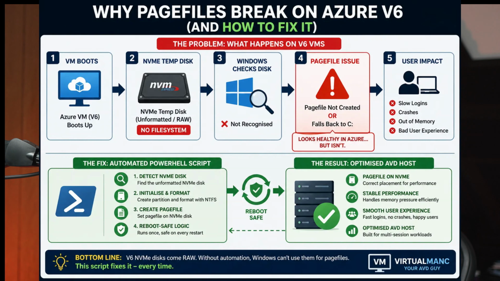So, first of all, let's think about what's actually changed with Azure V6 VMs. Up until now, on V5 SKUs and earlier, Azure would automatically initialize and format the temp disk for you. Your page file lived on that temp disk and everything just worked. But on V6 VMs, Microsoft switched to NVMe local storage, and the difference is those NVMe disks come completely raw